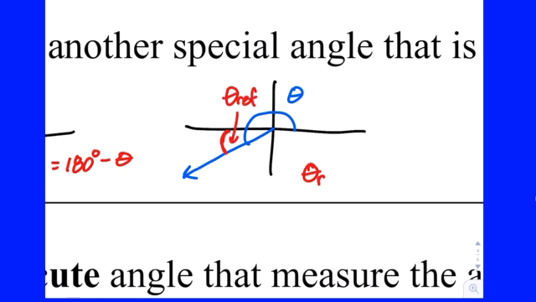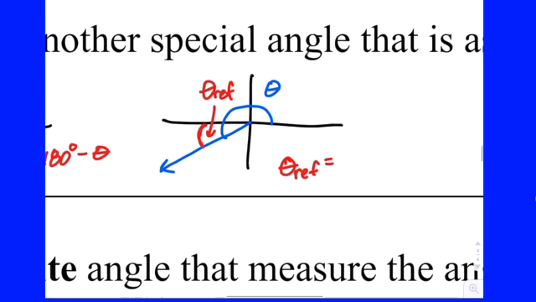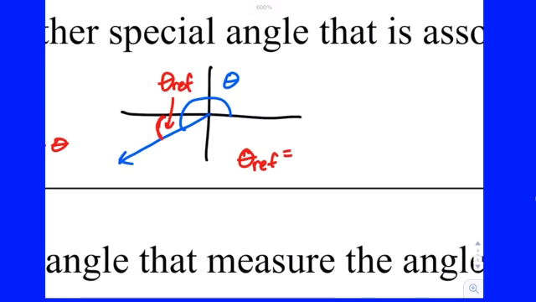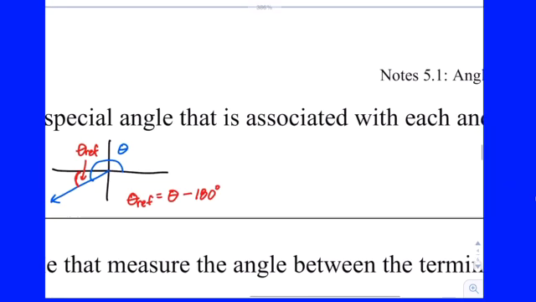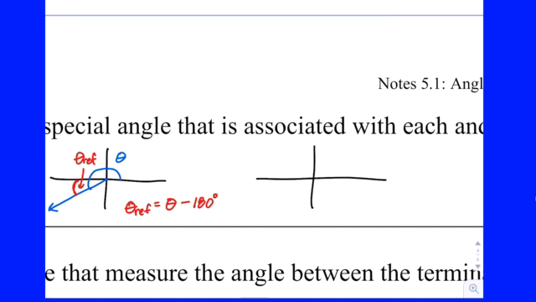So now, how do we find it based upon our picture? Now we've gone past 180 by the reference angle amount. So now theta is bigger than 180, so we still need to find their difference, but because it has to be positive, we have to do big minus small. So it's theta minus 180 degrees. The picture will tell you how to find the reference angle if you just work back to the closest x-axis. And then, like the one in the warm-up that we just had, if your angle terminates in quadrant 4,